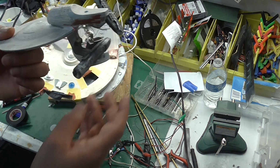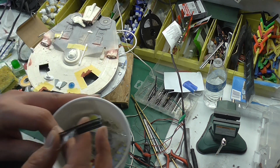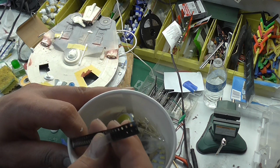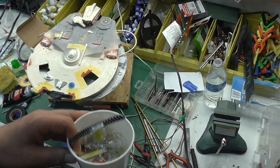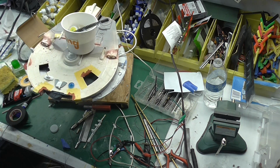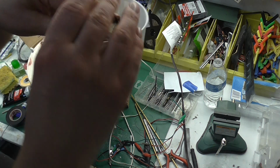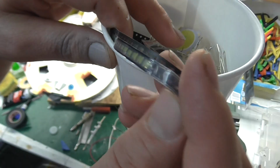They're just overly bright. And something I should talk about: in one of my previous videos I talked about all these tiny little SMDs, and people generally say don't buy them because they're too small to wire up and too hard, and they're going to break and you're going to burn them out. If you remember, I wired them up on my very first attempt, and that's what those are. These little tiny, each one of these yellow dots is an LED. You just pull them out of this